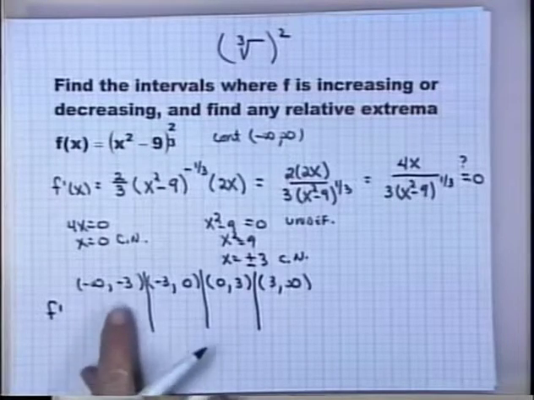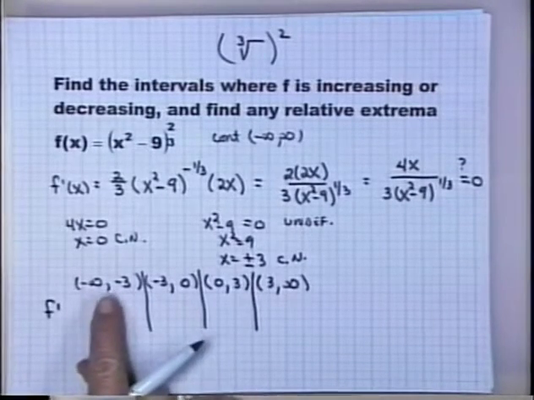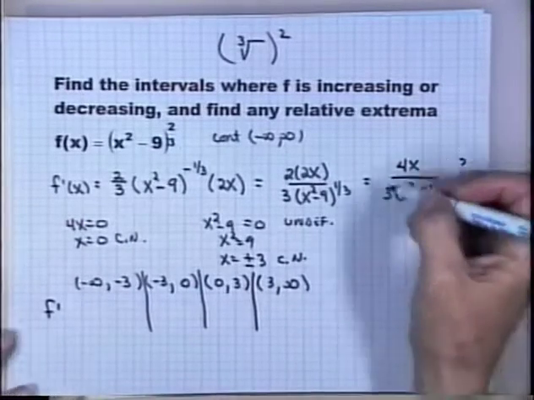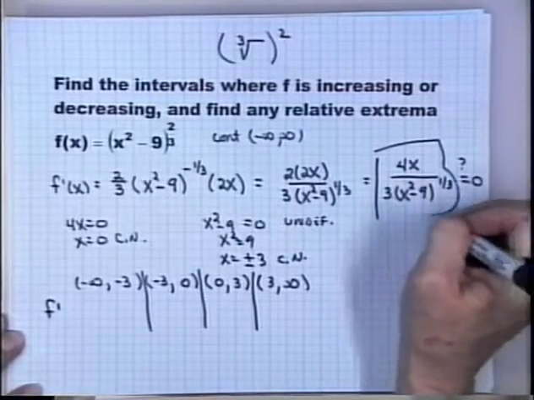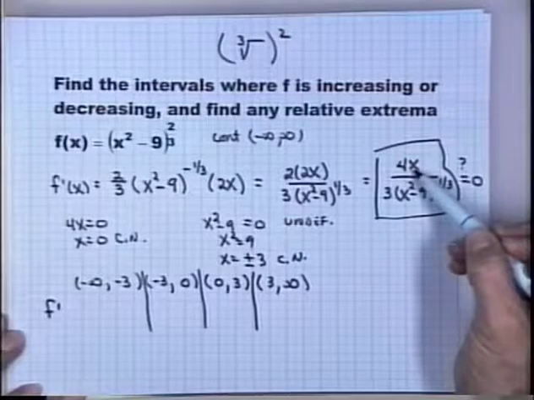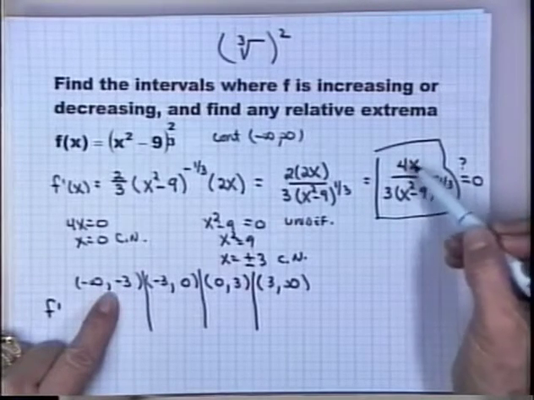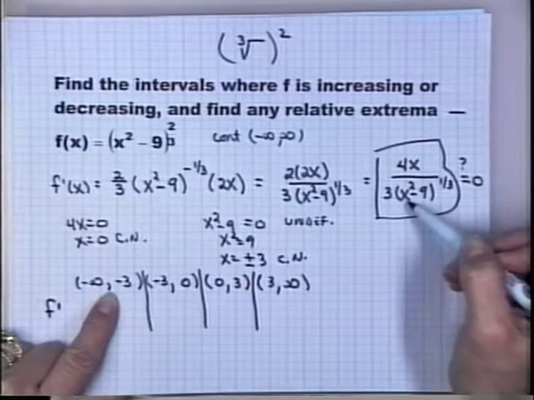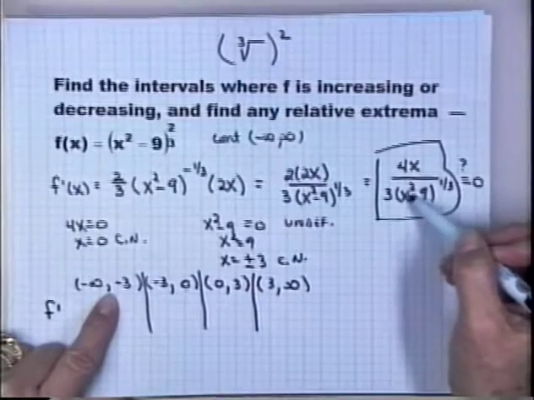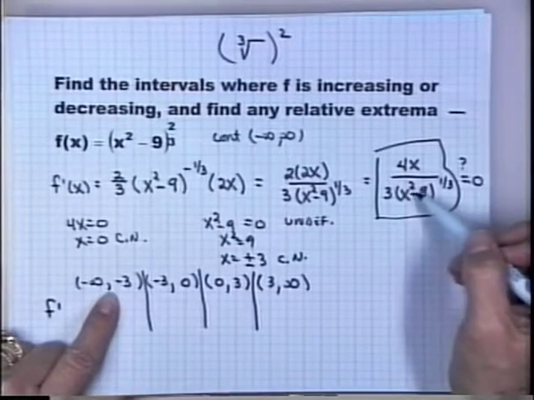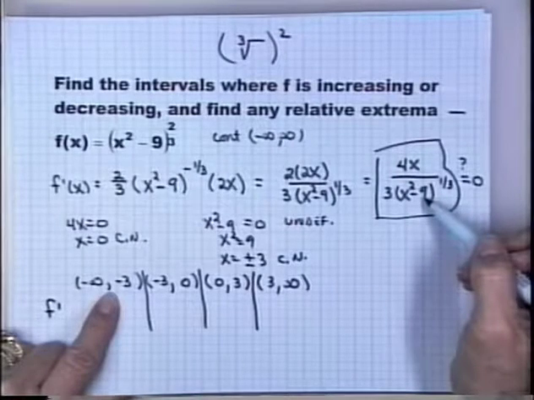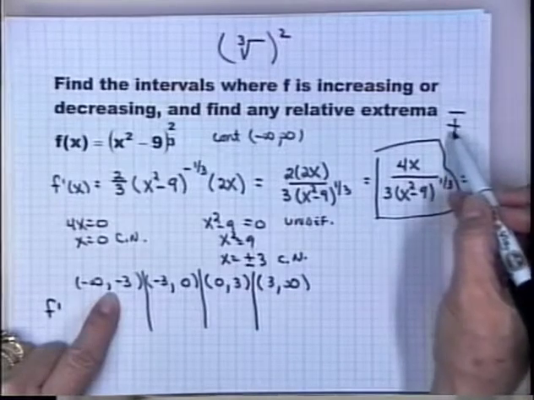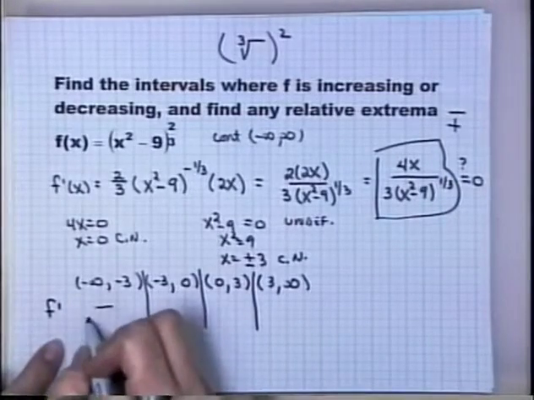Okay, well, let's get a test number here. To the left of negative 3, anything to the left of negative 3, let's just say we're going to use a negative 4. We're going to go back to our derivative in this form right here. Notice if x is negative 4, our test number for this interval, my numerator would be negative, wouldn't it? 4 times negative 4 is negative. Now, down here in the denominator, negative 4 squared is a 16. 16 minus 9 is positive. The cube root of a positive is positive. 3 times that positive would be positive. So I'd have a negative over a positive, which gives me a negative value,